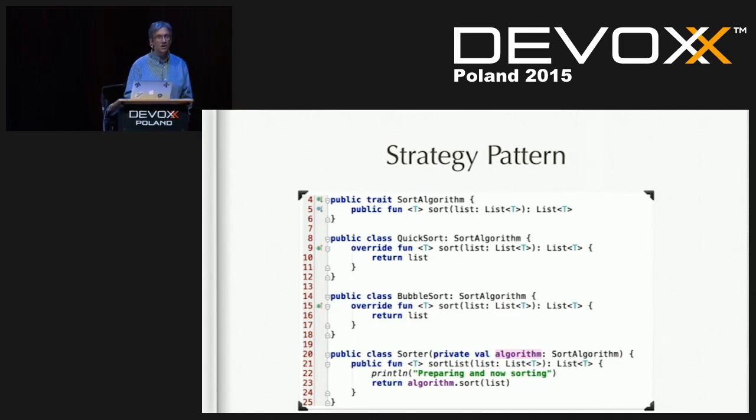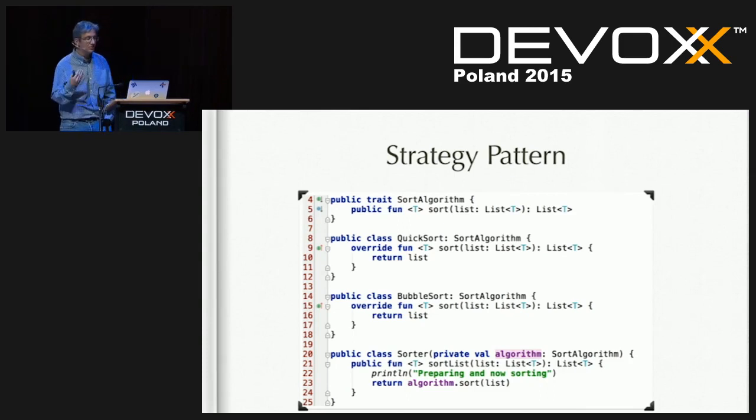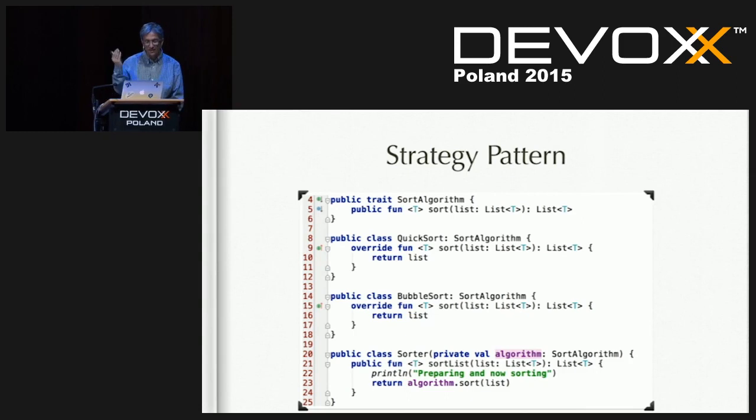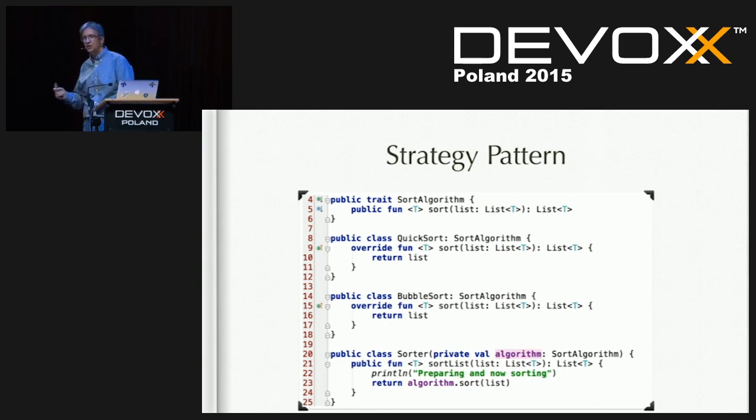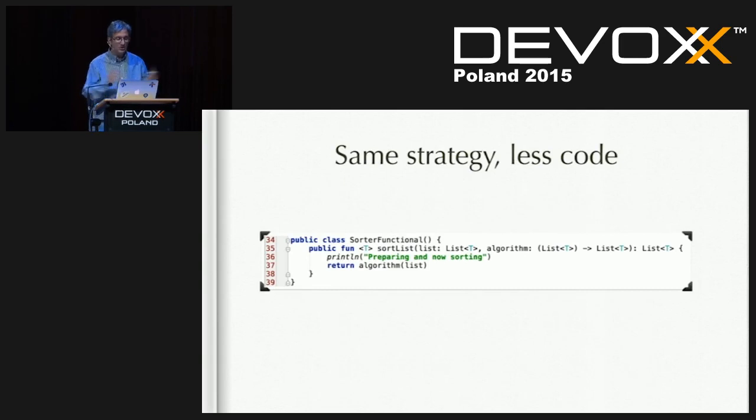Strategy pattern is a common one that we find a lot in code bases. Again, I have, for instance, a sort algorithm, which is a trait, basically the same as an interface, and in fact now in Kotlin it is called an interface. And I have quick sort, and then I have bubble sort, and they're all basically the same thing. The only difference is how that code behaves. So effectively what we're doing is just creating a whole bunch of classes to change the behavior of some code. So we could do the same strategy, but with less code, by passing in the function.